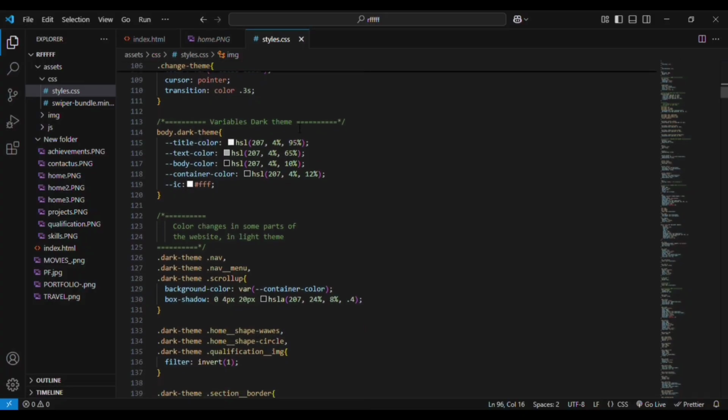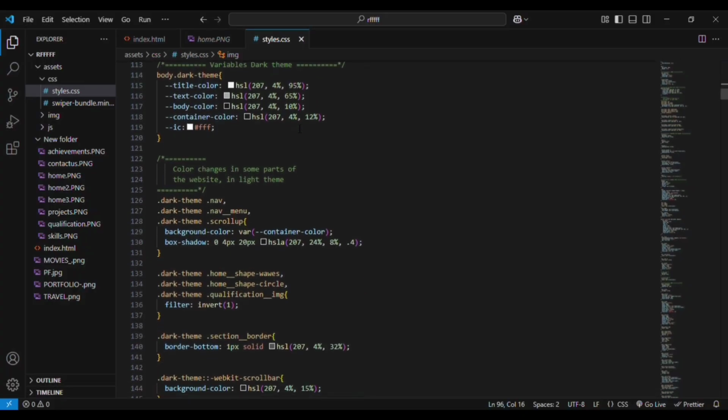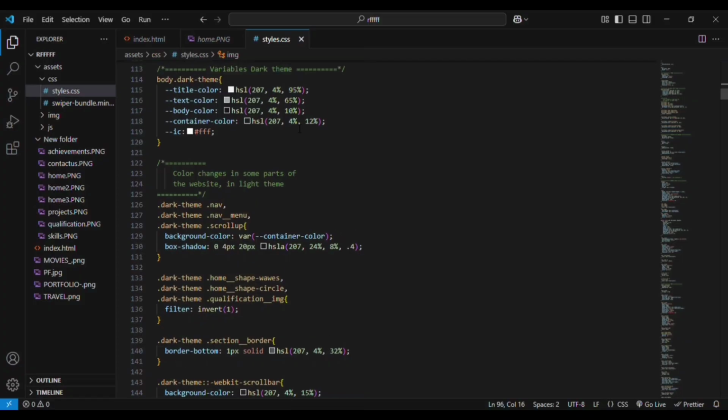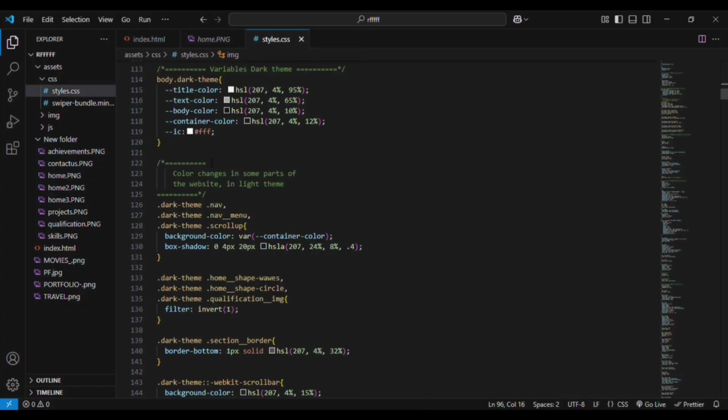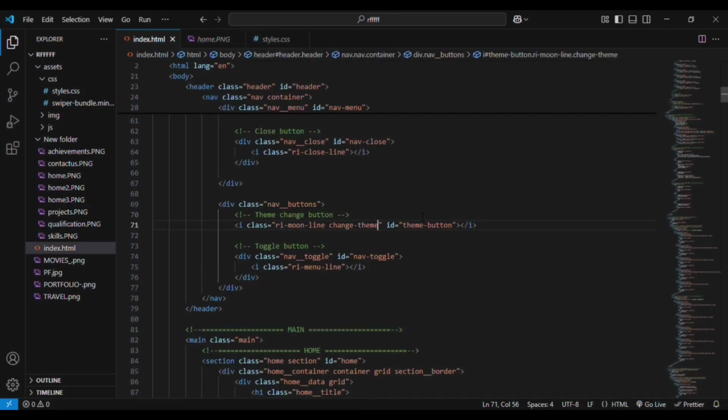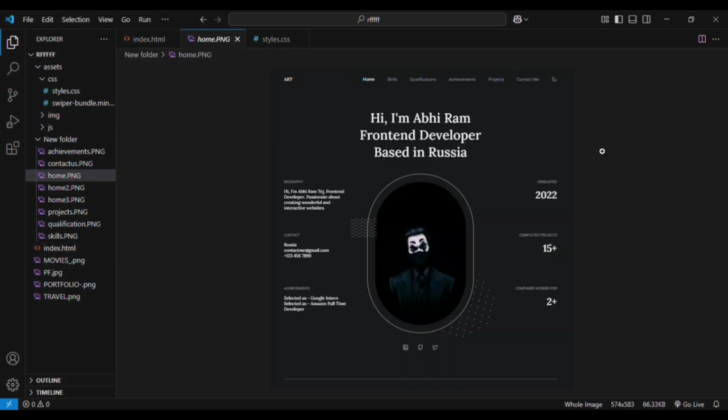Then for the dark mode, this dark mode is nothing but whenever you click on this button, it will change into dark mode, right? So the dark mode should have different colors than the light mode colors. Let me tell you how the dark mode colors will be applied. Whenever you click on this menu icon, we have this theme change moon icon, right? So whenever we click on this icon that is located at the top of the button, what will happen